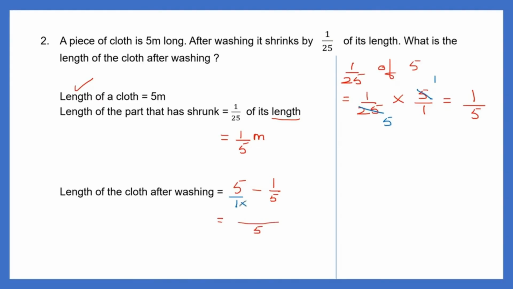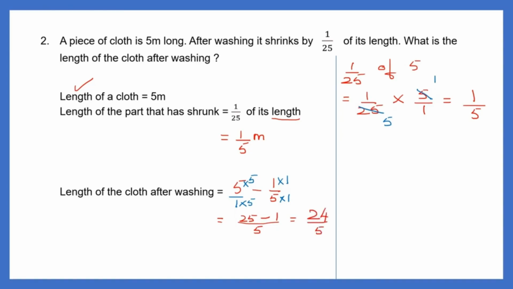1 fives are 5. So 5 fives are 25. So I get 25 minus 5 ones are 5. So 1 ones are 1. 25 minus 1 is